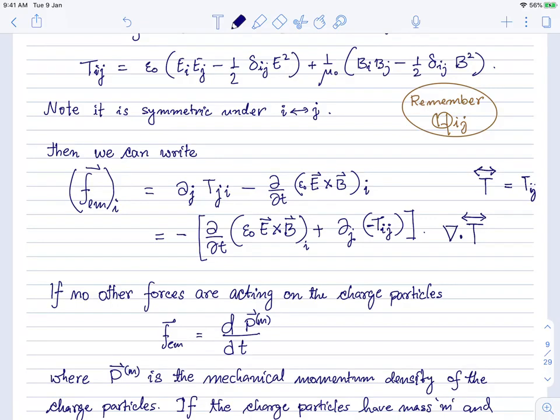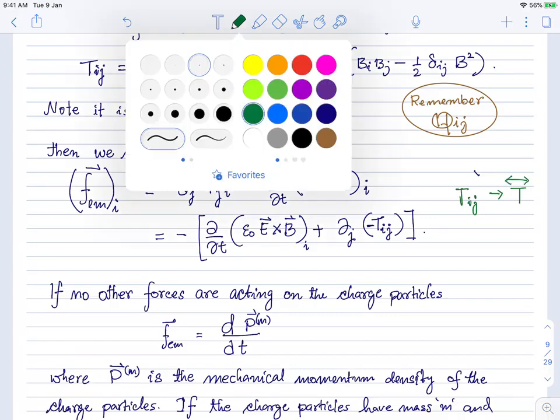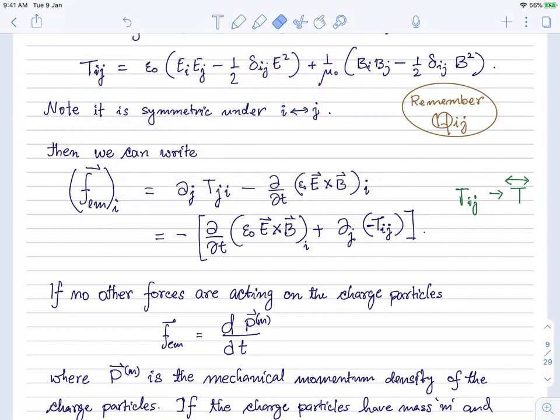I wish I had written it in a cleaner way. Let me try to write it in a cleaner way. This Tij is sometimes denoted with a double arrow, and with this compact notation you can write this term as the divergence. This is also a divergence, by the way. This is the divergence of